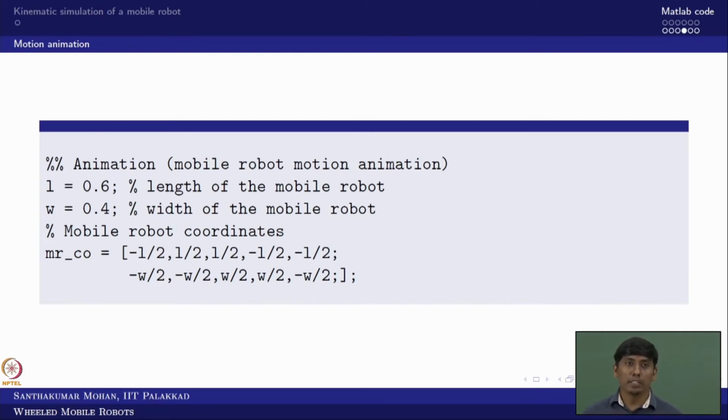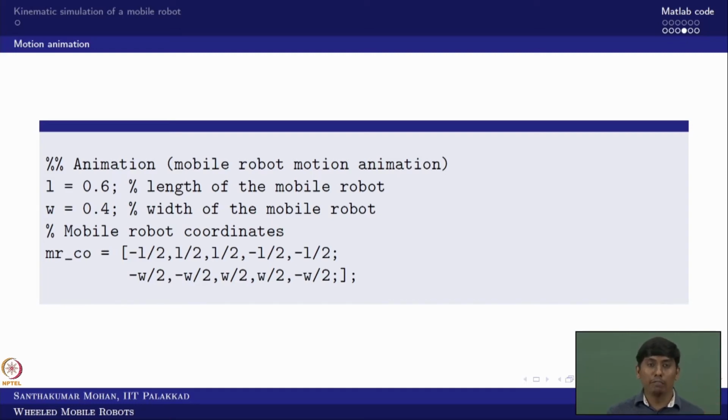For animation purposes, I am bringing in the vehicle dimensions. The vehicle length is 0.6 meter and the width is 0.4 meter. So now you can see that the mobile robot coordinate I can bring in as mr underscore co, which is nothing but the mobile robot coordinates, which I have written as we did in the earlier slide, probably slide number 10 or something. You can refer to it. So now this coordinate is incorporated, where your x coordinate, y coordinate and the psi angle are getting changed. The array would be of length t, right?